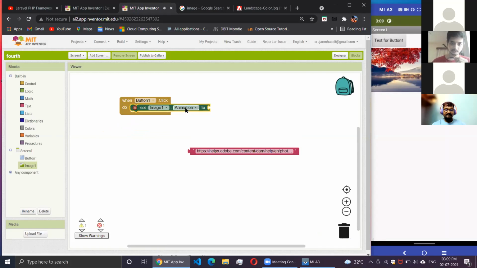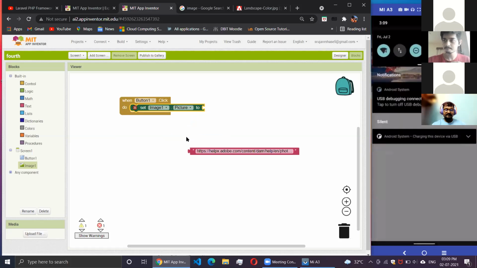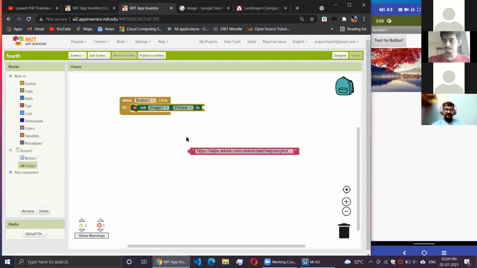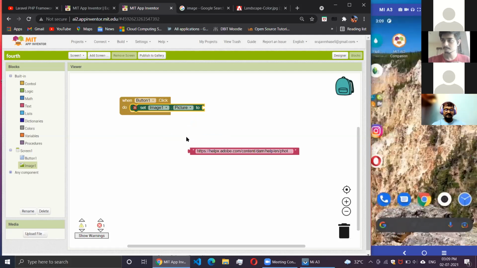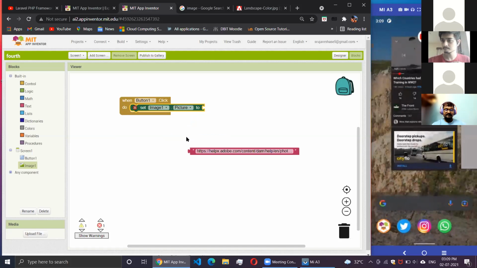Then click on this, what is beside the image 1, and search for picture. Okay, done.